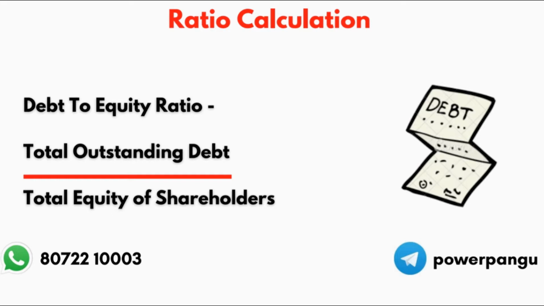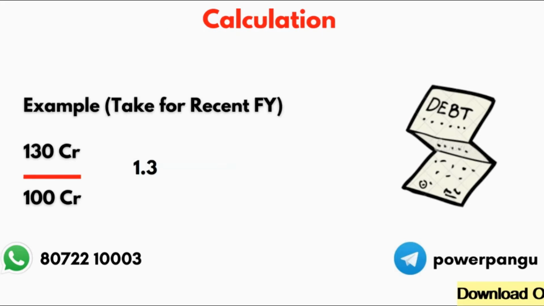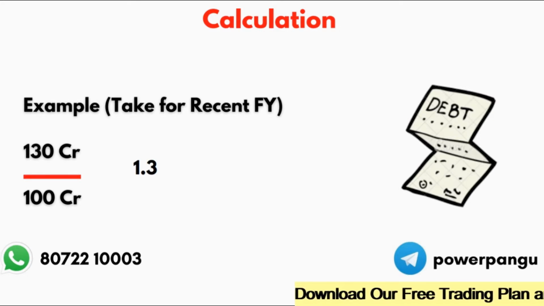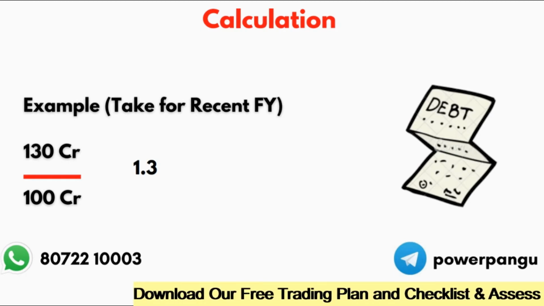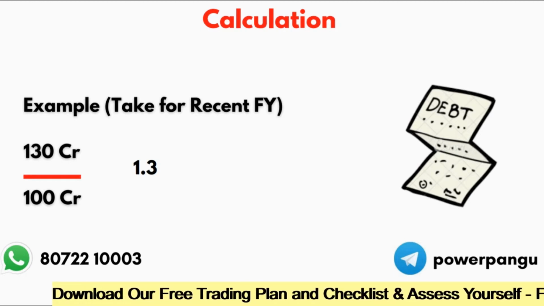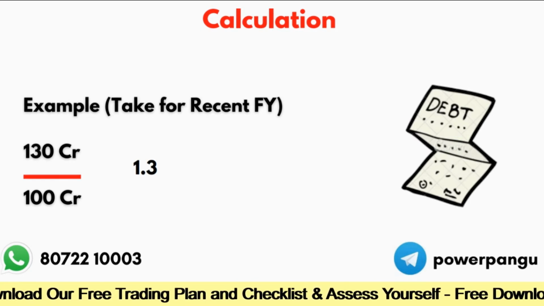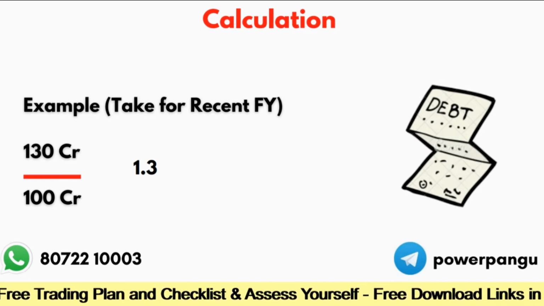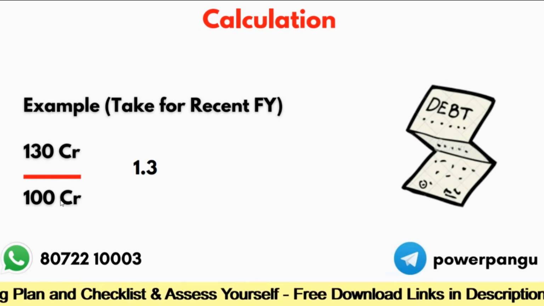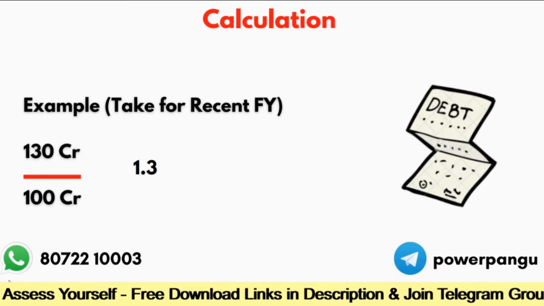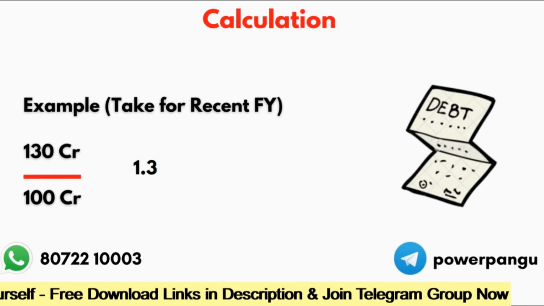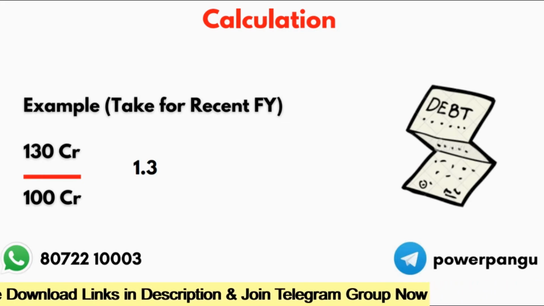When the value is less than 1, it signifies there is little debt. When the value is 0, it means there is no debt for the company. So basically we need to filter out the companies where debt to equity ratio is equal to 0. We will see that in the screener so that you get a clear idea. So this 100 crores is the total equity value of shareholders. When we divide the total outstanding debt by the equity of shareholders, we get a value called debt to equity ratio, which will be expressed in percentage terms. When this value is more than 1, it signifies the company is in a little bit higher debt.